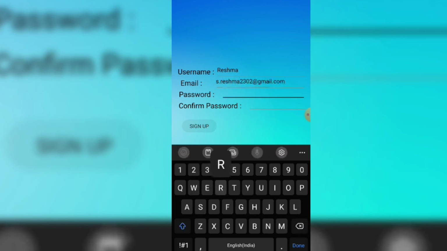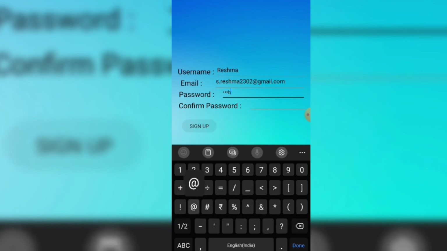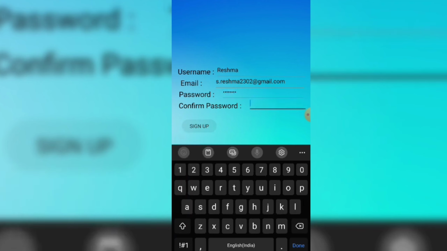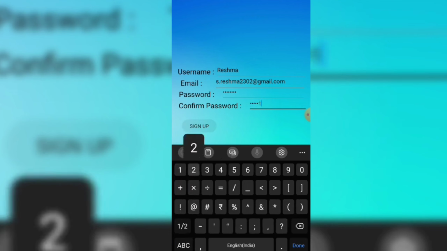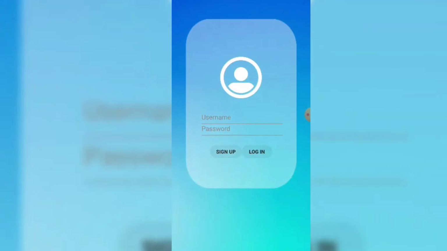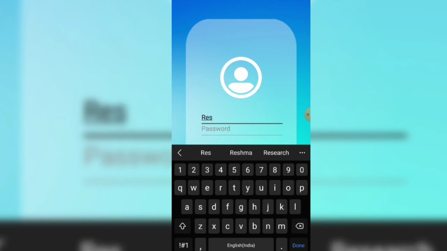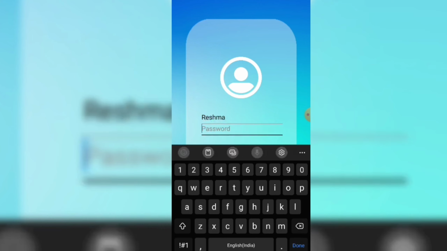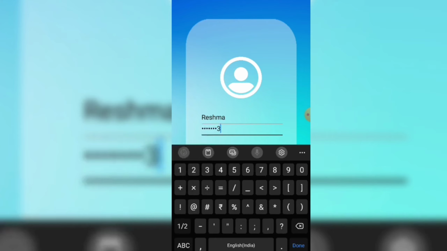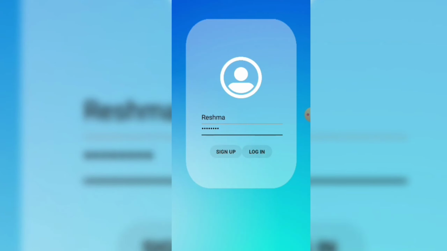Then log in with your correct credentials and the home page gets opened, which consists of three options such as location, health and alert messages. When we click on location button, a new screen opens and it shows the latitude and longitude of the child's location. Similarly, when we click on health button, another new screen opens with the temperature and pulse rate of the